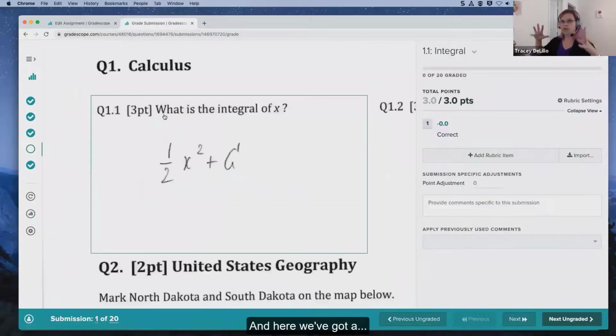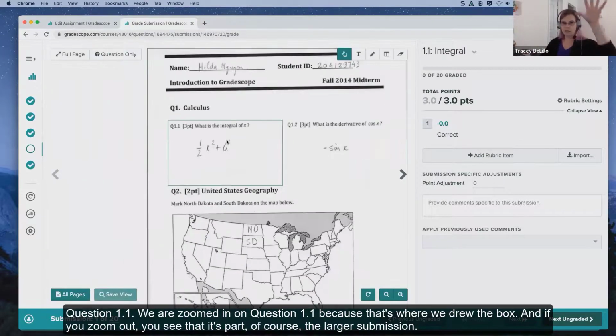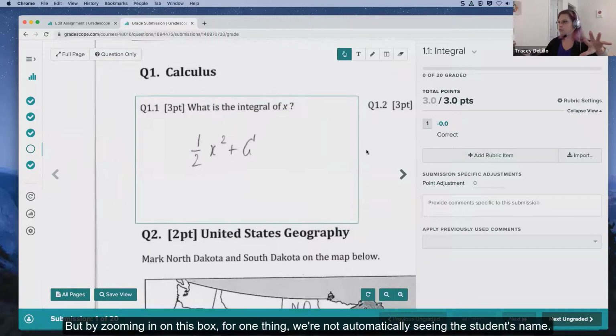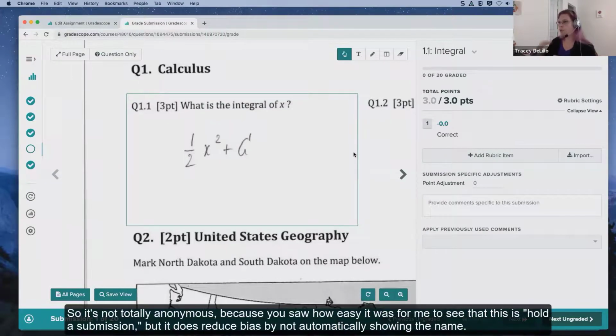And here we've got question 1.1. We are zoomed in on question 1.1 because that's where we drew the box. If you zoom out, you see that it's part of, of course, the larger submission. But by zooming in on this box, for one thing, we're not automatically seeing the student's name. So it's not totally anonymous, because you saw how easy it was for me to see that this is Hilda's